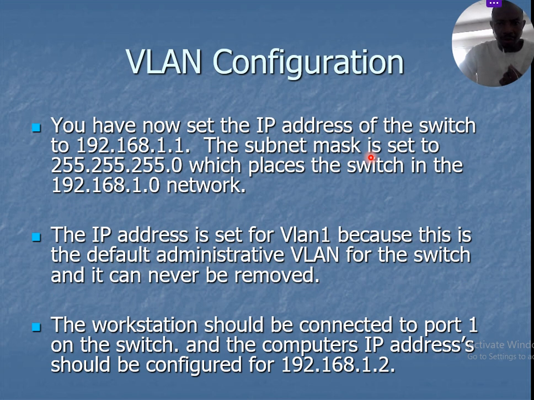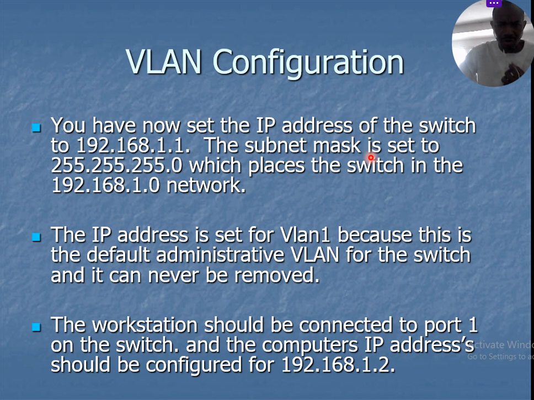Still on VLAN configuration, you have now set the IP address. You set the IP address of the switch to 192.168.1.1. The subnet mask is set to 255.255.255.0, which places the switch in the 192.168.1.0 network. Now the IP address is set for VLAN 1 because this is the default administrative VLAN for the switch